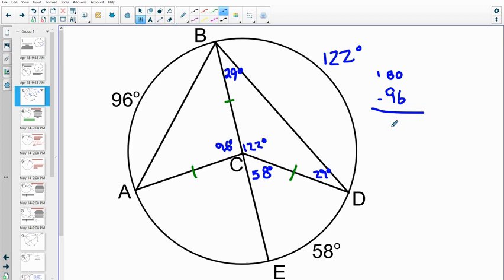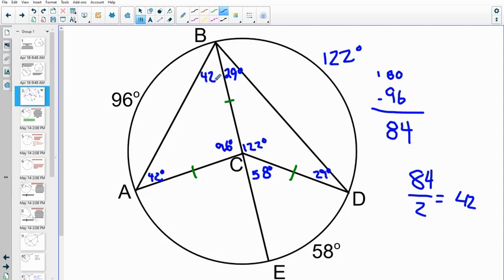Find that that is, let's see, that would be 84 degrees. And so these two angles, CAB and CBA, add up to 84, and they have to be the same. Let's take half of 84 to get 42. So this angle must be 42 degrees, and so is angle